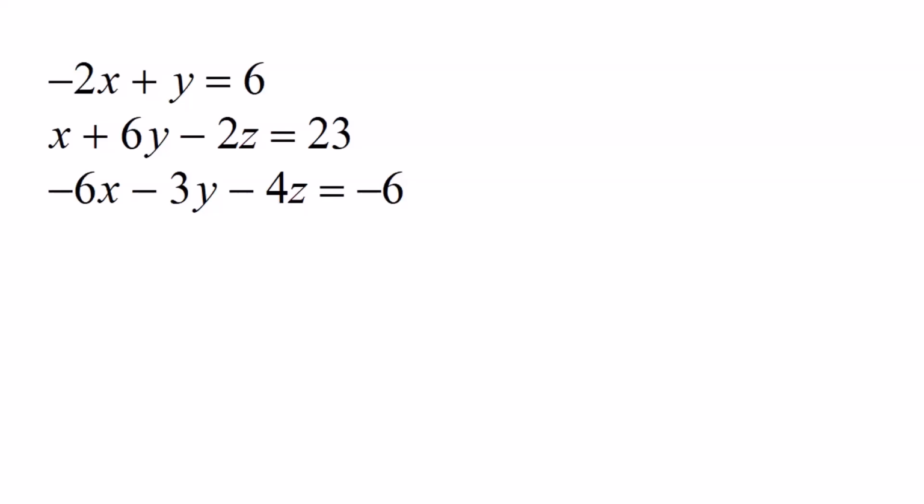To solve a system that has 3 variables in it, you need to reduce this system down to 2 equations with 2 variables. You might do that with elimination, but for this one, I'm going to start by using substitution. So if I look at this equation, I have negative 2x plus y equals 6. This one doesn't have the z in it. So I'm going to solve for y